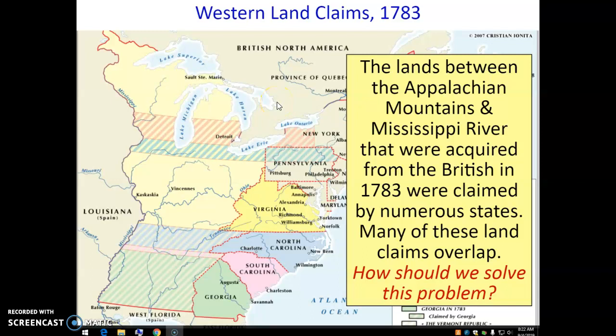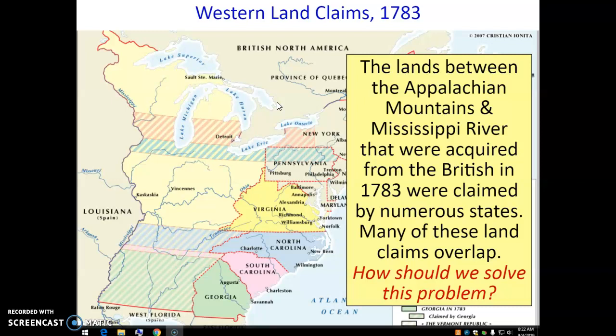So let's fast forward a little bit to 1783, and we're going to see that. Remember, we talked about the Treaty of the American Revolution, Treaty of Versailles, that now England's completely out. They're completely out of the continental United States. They're still in Canada. They still have land in North America. However, everything from the Mississippi River eastward is controlled by the United States.